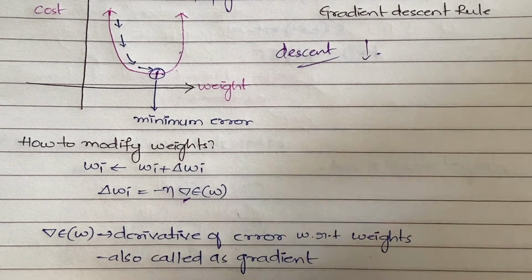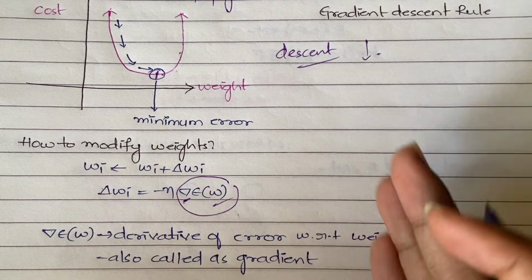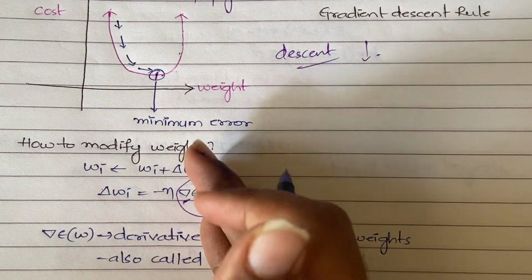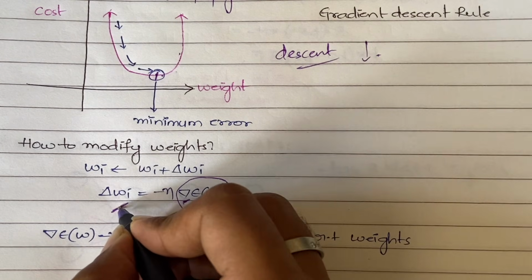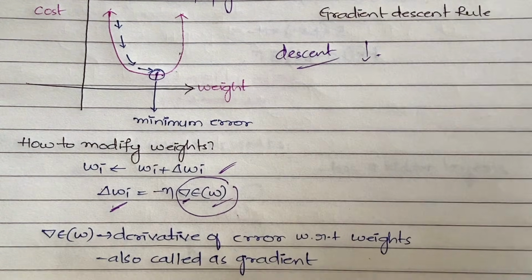The only difference between the delta rule and the perceptron training rule is that in the perceptron training rule you don't have any derivative to do. All the values you have and you just substitute them, but here it is not like that. You need to find the derivative of E of W, then substitute that derivative here to get delta Wi, and then substitute this delta Wi to get the new weight. Like that you keep on modifying the weights until you arrive at the minimum error. Done. So now let us see how to find the derivative.